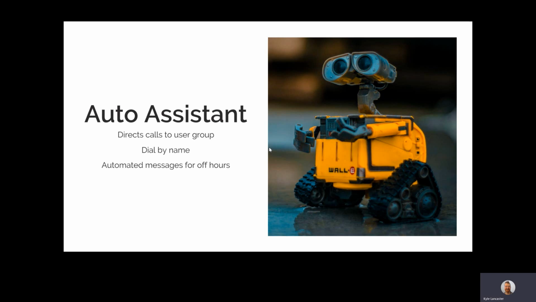So you can set after hours mode. When your office closes, you can switch your auto attendant to answer the phone automatically and tell the person, thank you very much for calling our business. Our office hours are 8 a.m. to 5 p.m. If you want to give us a call back tomorrow or Monday, we'd love to talk to you then. That just helps prevent confusion if people are expecting that people, for whatever reason, will be there at midnight. You just have day mode, night mode, or off hours mode, and everything's happy.